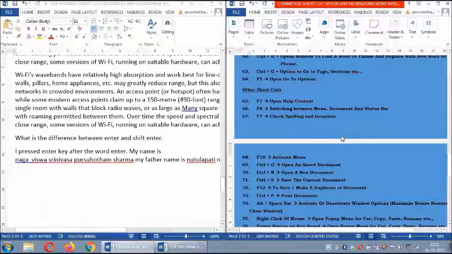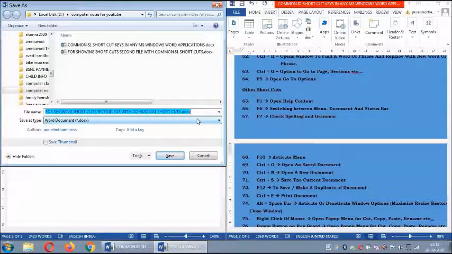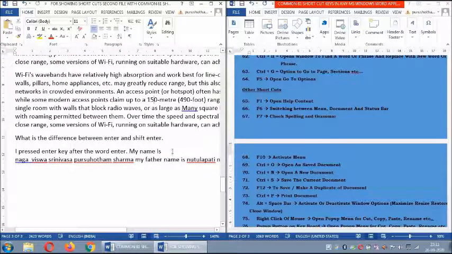I don't want that. Control S to save. Whatever changes I made, I need Control S. Control plus S asks you to save. By default it is not showing because it's already saved with the name. Now I say F12. Now it is telling to save with a duplicate copy or with the same name. If I say just save, it is saved because there are not many changes there.